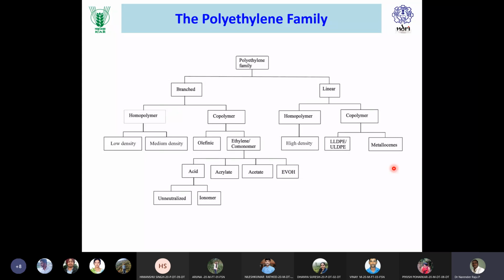Now, this is general information with regard to the family of polyethylene polymers. There are N number of polymers. We have already discussed the types of polymers and how they emerge, but just to give you an idea, and later you can look into it again, what exactly are these? The classification is speaking more about this.